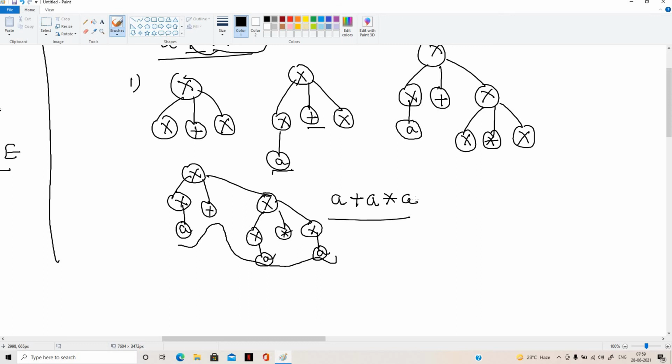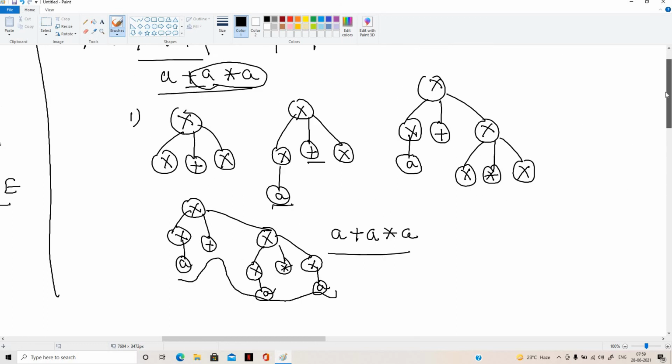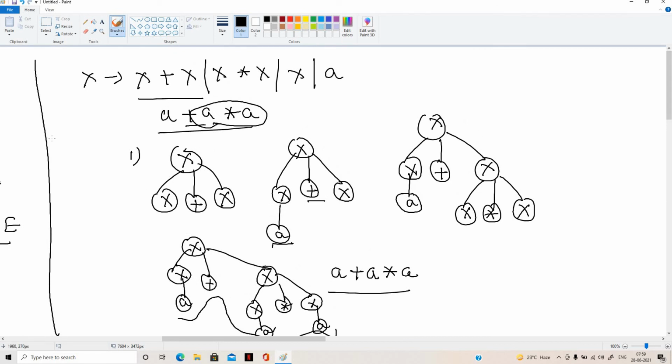The same thing we can go with right to left, meaning rightmost derivation. So this is an example for leftmost derivation only. What I did here is, with the help of this grammar, I was supposed to derive this string, a plus a star a. First you design the parse tree to get plus initially.